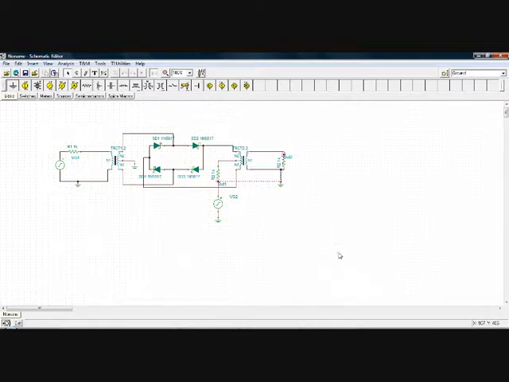Hi, in this video I'll try to show how to build a simple AM modulator and how to test your design. So what you see on the screen is Tina, a free software from Texas Instruments, and it's a simple schematic of a quad ring diode modulator. Basically they're just four Schottky diodes and a couple of transformers, and they perform the